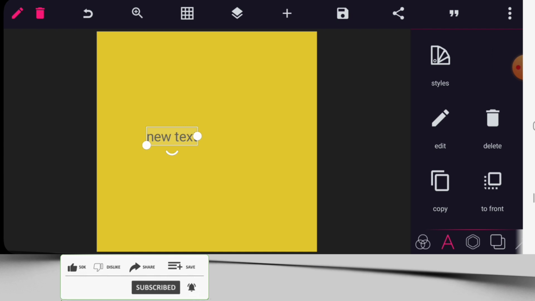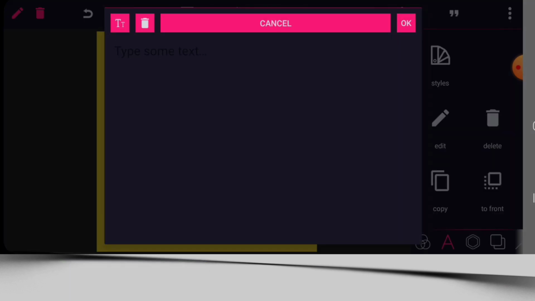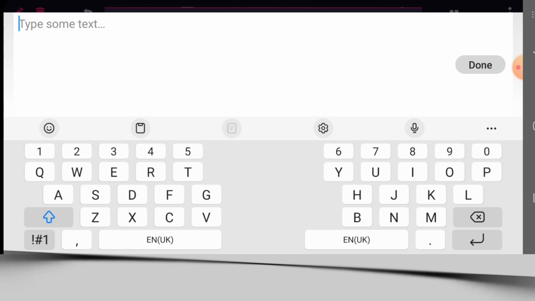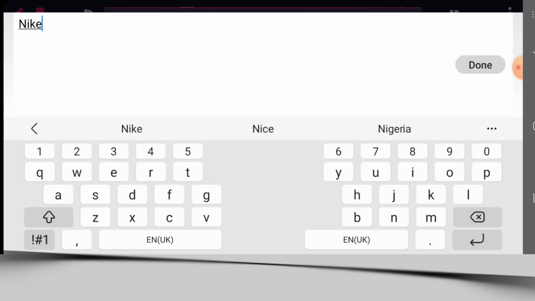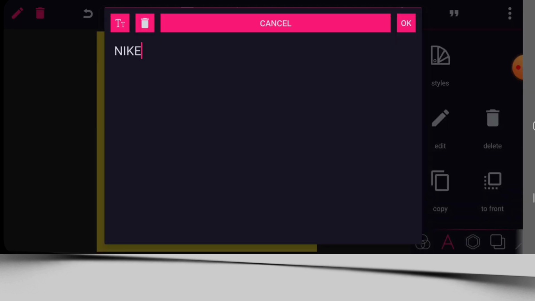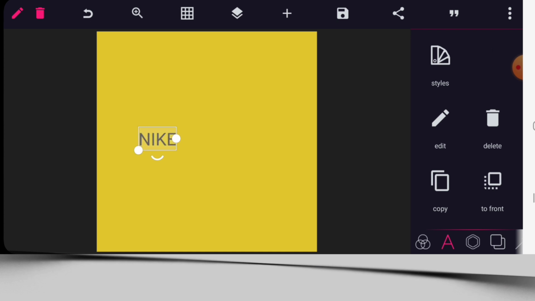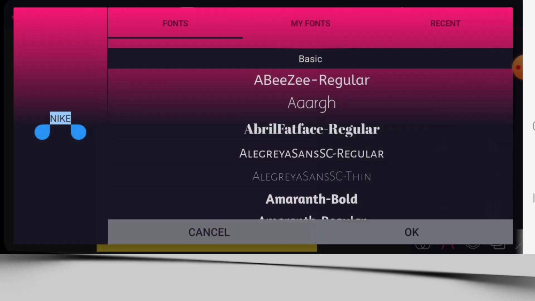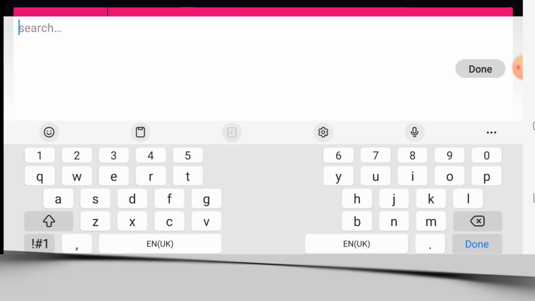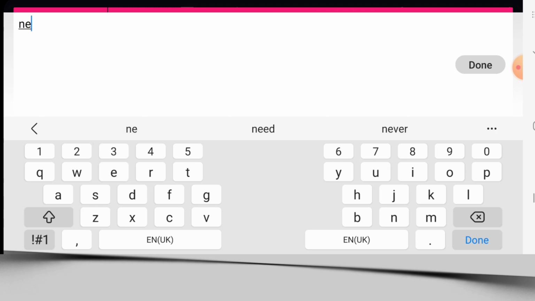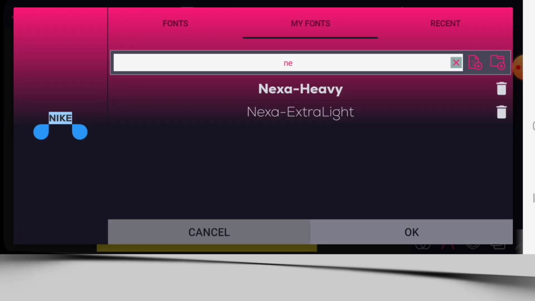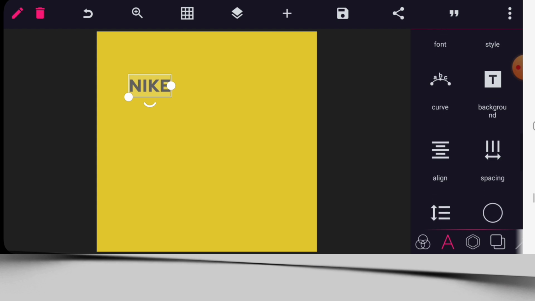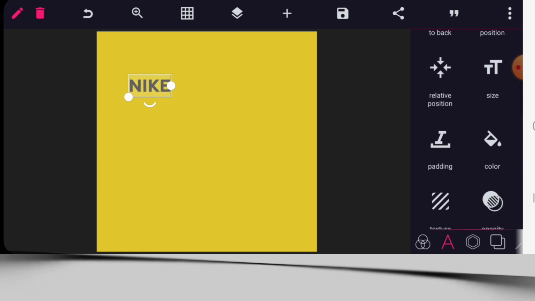So double tap on the text and write Nike, the name of the brand. So we'll make this to be in capital letters, and moving forward we're going to go to the font area. Then we search for this font called the Nexa Hym. Now change the color of this text to perfect black,